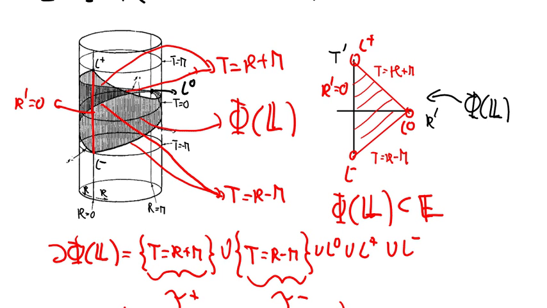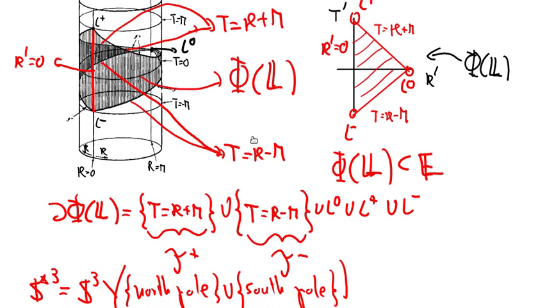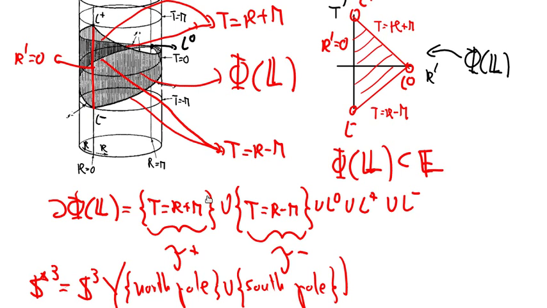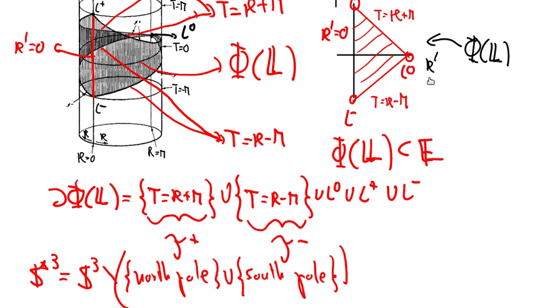And by looking at the values of the polar angle, you deduce that I plus and I minus are points on the north pole of S3, and I naught corresponds to the south pole. Okay, so we have given a complete description of the conformal boundary of the conformal embedding defined by